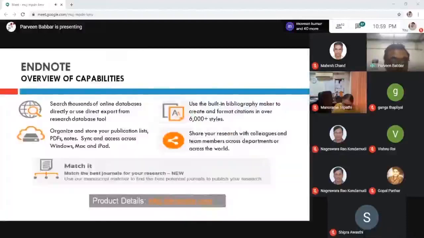As you know, you can search thousands of online databases directly and use direct export from the research database itself. If you are using EndNote desktop, then in that desktop interface itself, you can search thousands of online databases. If your institution has a subscription to Web of Science, like products of Thomson Reuters, you can also organize and store your publications, listing them according to your convenience, and directly import them to your